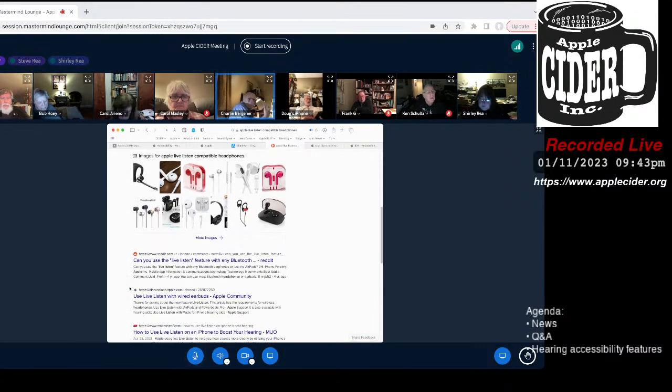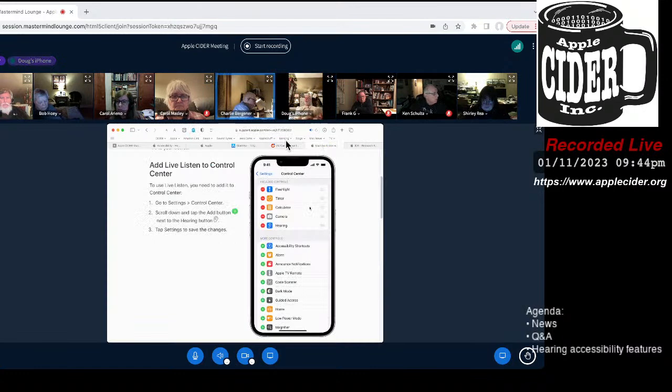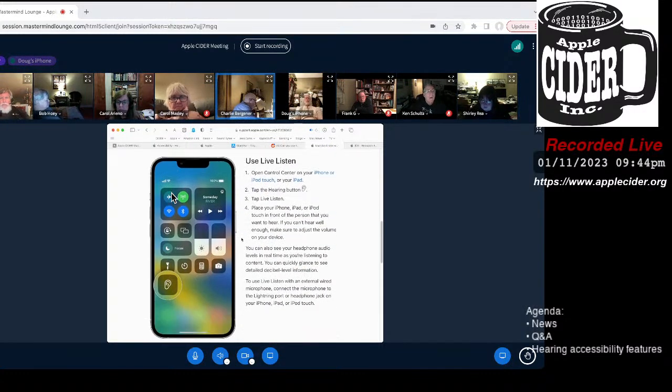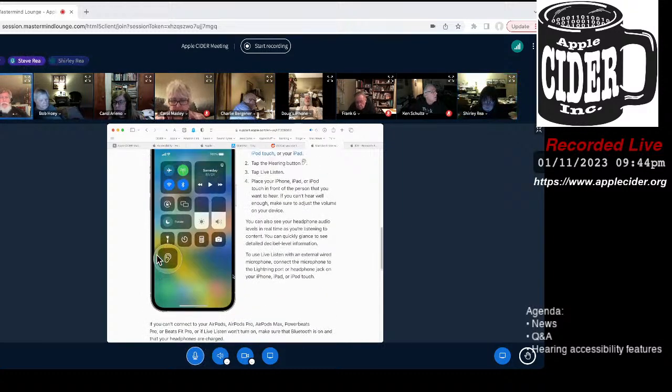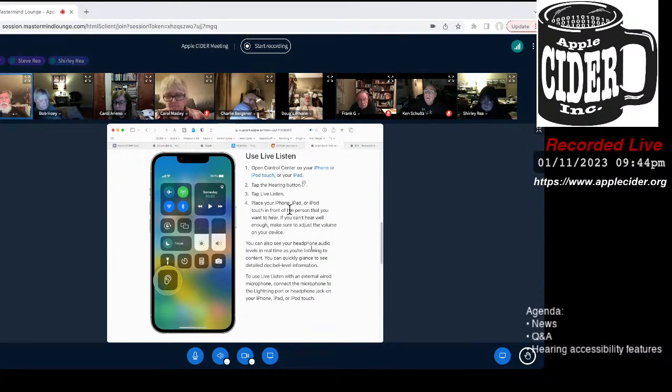Well, I'm on the AirPods now, and I'm hearing what people in the meeting are saying through the AirPods, which means to me that they're on. I can look under Bluetooth, and it says the AirPods are connected. And if someone else speaks into your phone, you'll hear it on your AirPods. So the idea is to give your phone to someone else for them to talk, and then you'll hear it.